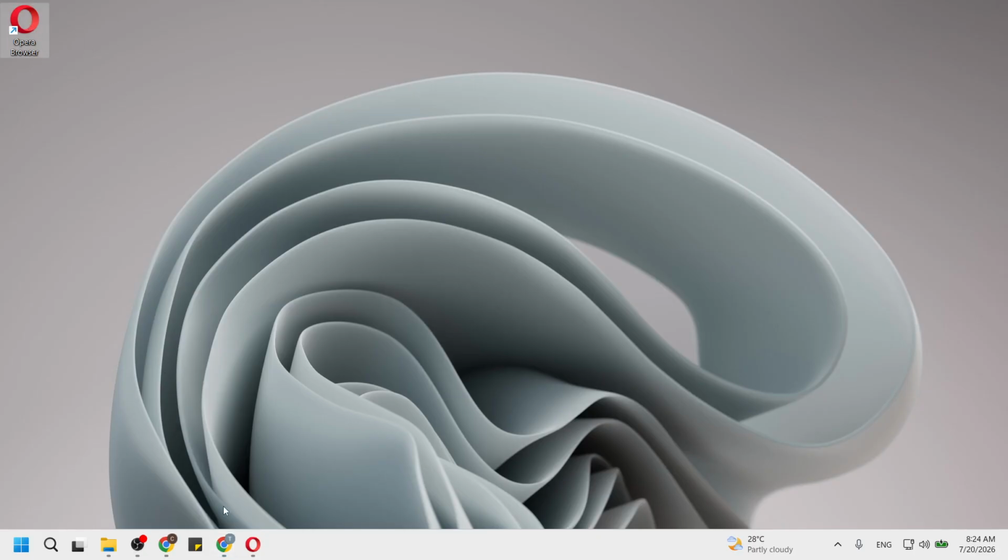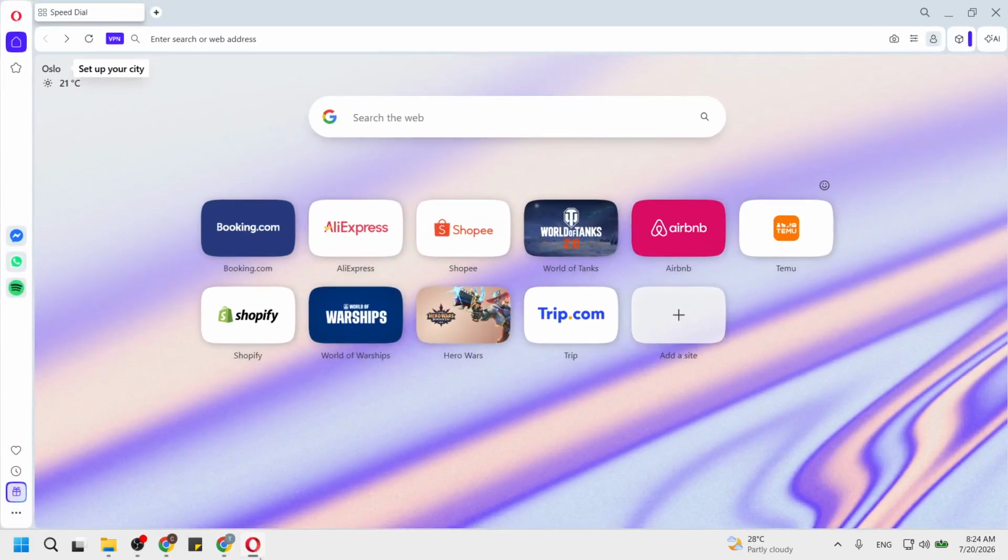You will see the familiar Opera interface with its vibrant colors and layout. This is where all your browsing activities take place. By starting here, you ensure that you are using the correct application to perform the update check. If you happen to have multiple web browsers installed, it can be easy to get confused, but don't worry. Opening the correct browser is the first step towards a smoother and safer browsing experience.